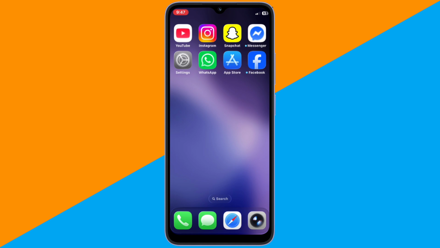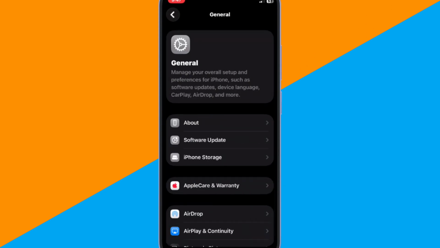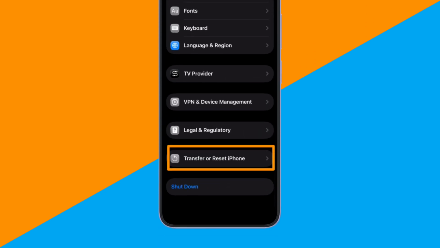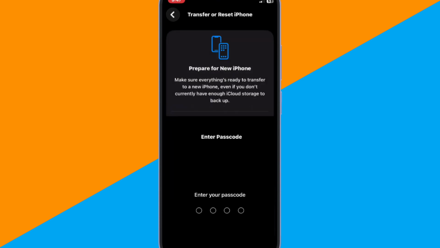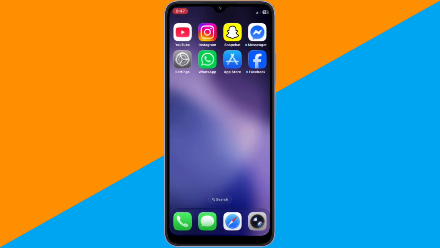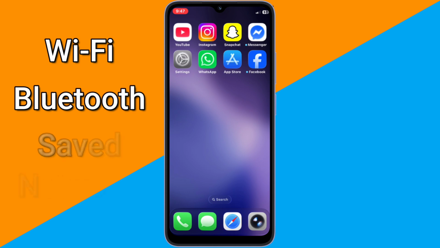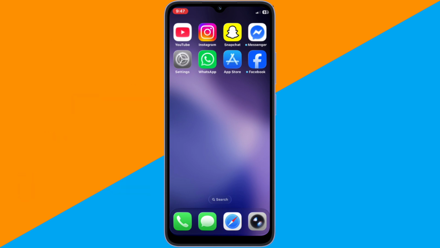If the issue is still not resolved, you can reset your settings. Go to Settings, General, Transfer or Reset iPhone. Reset all settings. This will reset system settings like Wi-Fi, Bluetooth, and saved networks, but it won't delete your personal